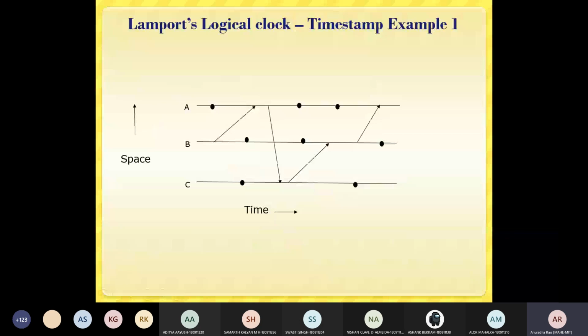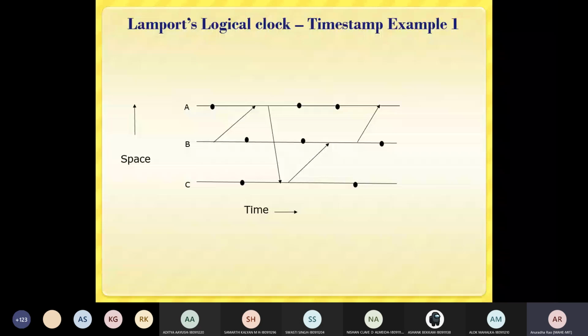Yeah. So now take this example and give the timestamps for the events which are happening in processes A, B, C. So events you can name as E11, E12, E13 like that, or whichever characters you want to put, you can put.